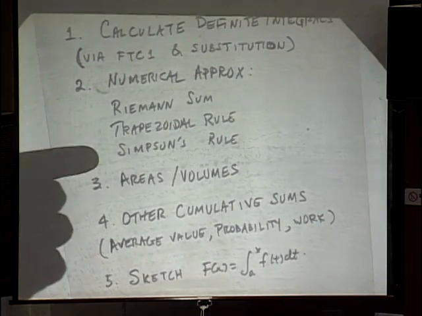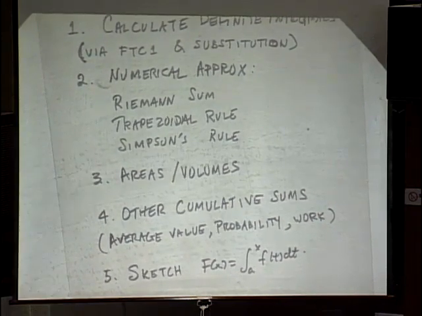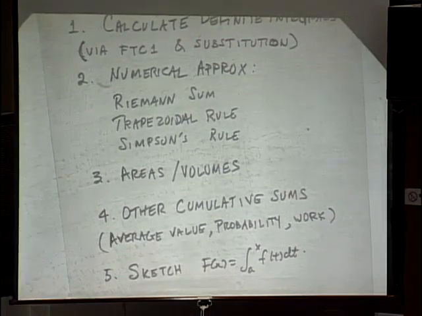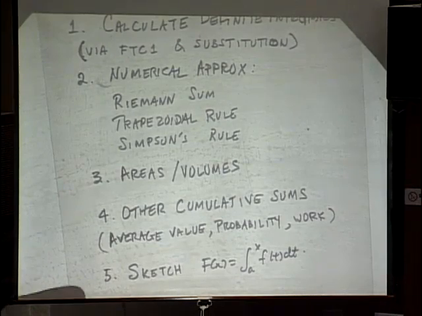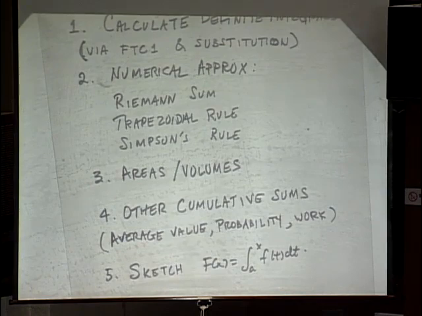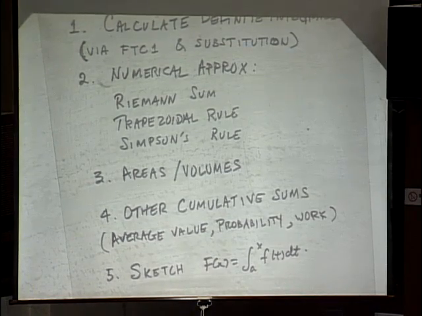There will be a Riemann sum, a trapezoidal rule, and a Simpson's rule. Calculate areas and volumes, and then some other cumulative sum, either an average value or probability or perhaps work, and sketch a function which is given in this form as an integral. All right, so those are the questions,